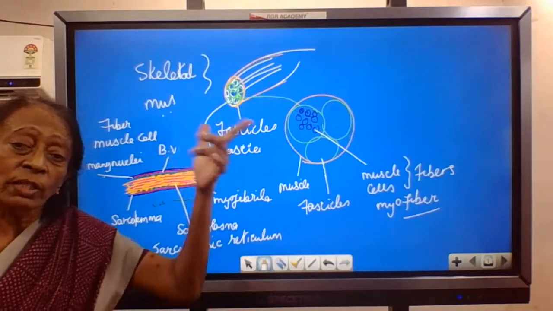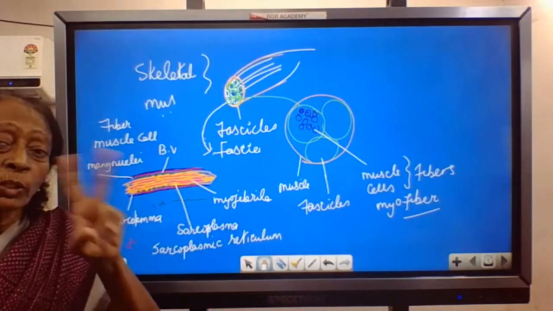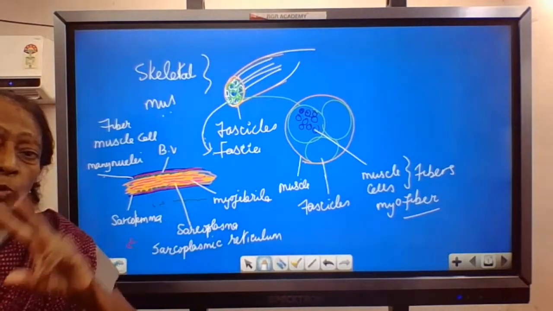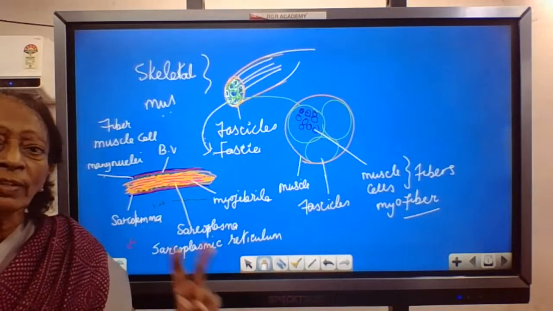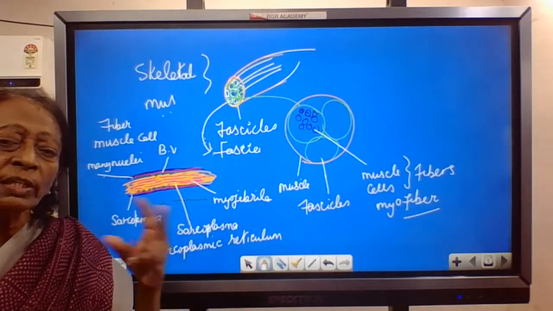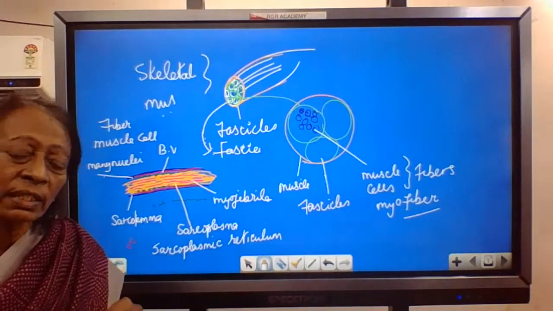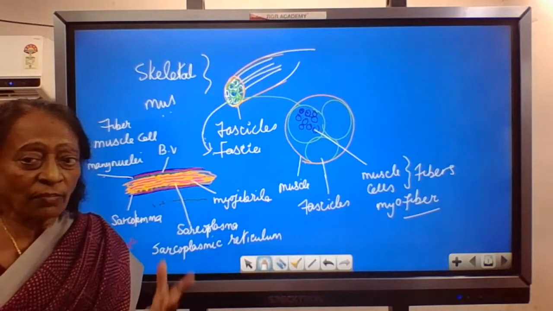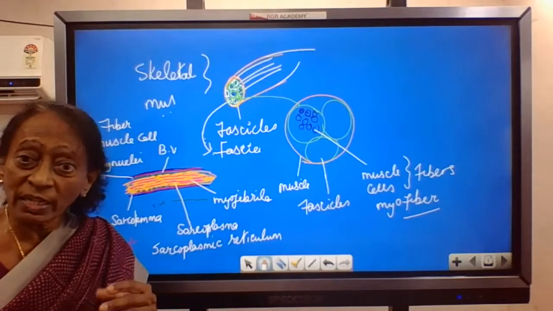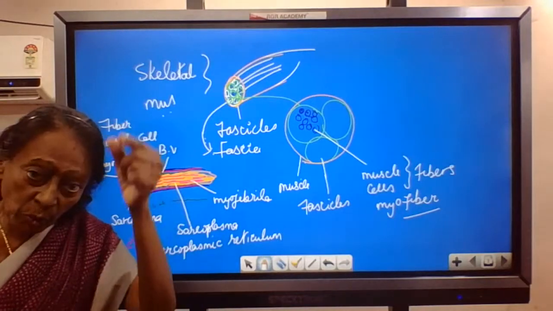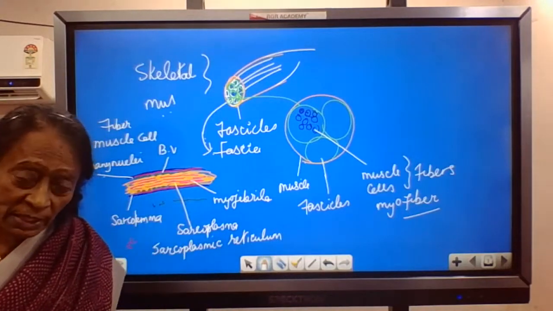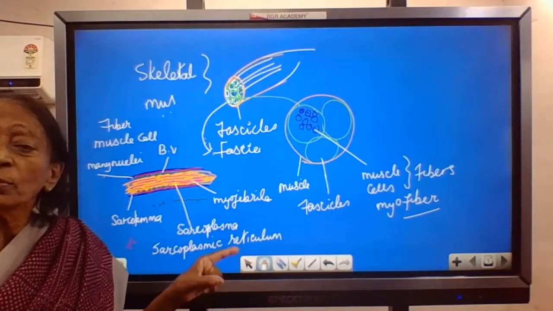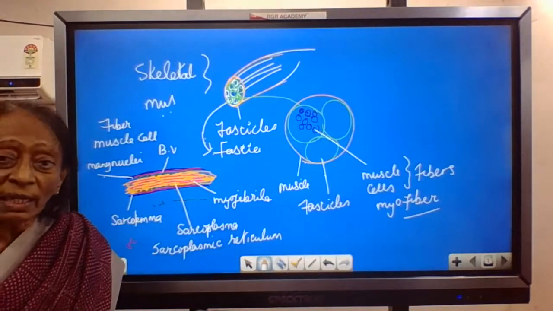Go to the cell. What is the endoplasmic reticulum? There are two types: smooth endoplasmic reticulum and rough endoplasmic reticulum. Smooth endoplasmic reticulum helps in the synthesis of lipids, and rough endoplasmic reticulum is involved in protein synthesis. Rough endoplasmic reticulum is called rough because ribosomes are stuck on it. They are minute channels. In the muscle cell, the sarcoplasmic reticulum is very important because it mainly helps